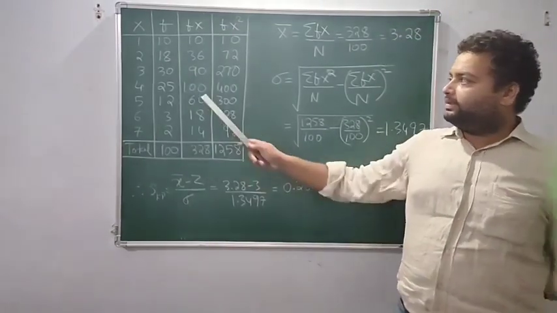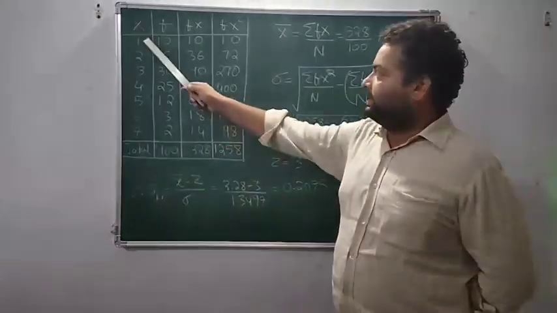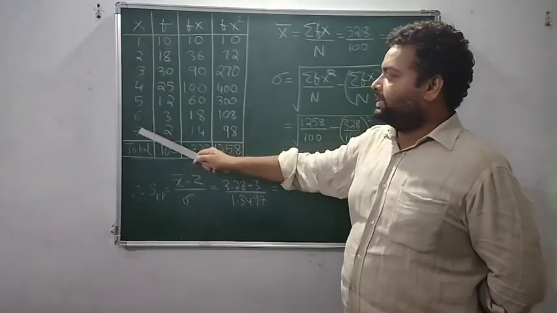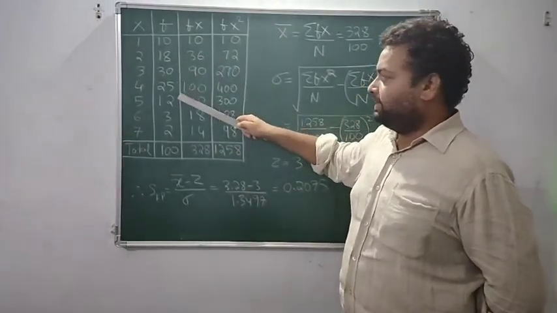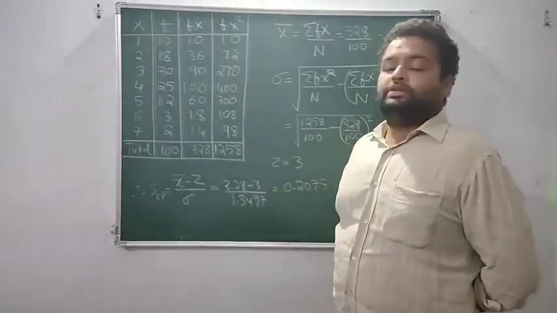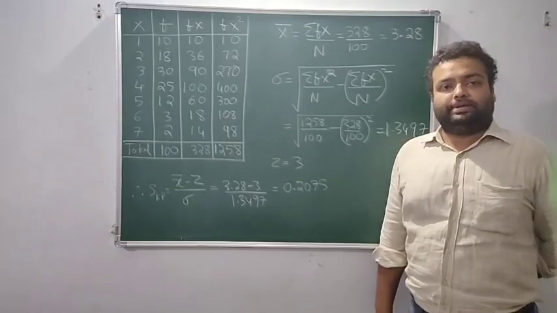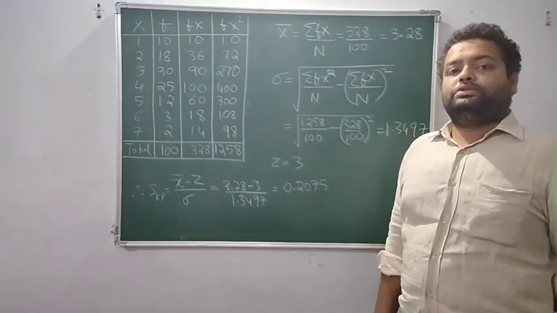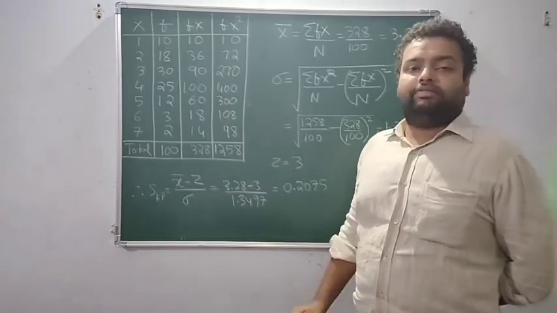So here we have an example which is a discrete data. These are the x values 1, 2, 3, 4, 5, 6 and 7. Frequency values 10, 18, 30, 25, 12, 3, 2. So we have two formulae for Karl Pearson's method. One which uses the mode value and one which uses the median value.